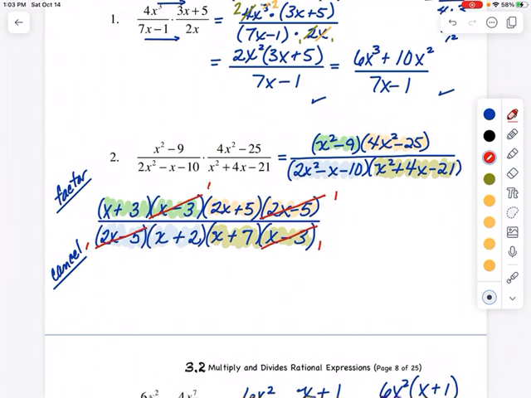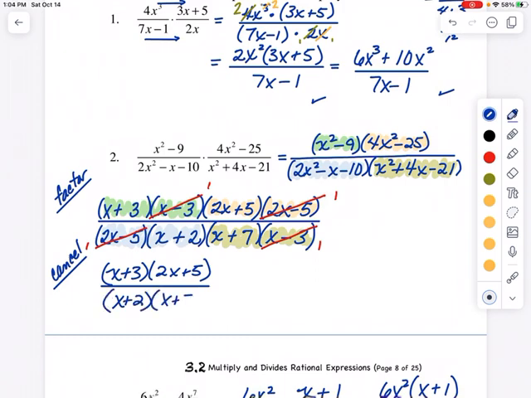And if you notice, go straight across the top. There's only an x plus 3 and a 2x plus 5 factor left, and an x plus 2 and an x plus 7 in the denominator. So there remains nothing else, so we factored, canceled. There's nothing else that we can cancel. So we have x plus 3 times 2x plus 5, and then that's over x plus 2,